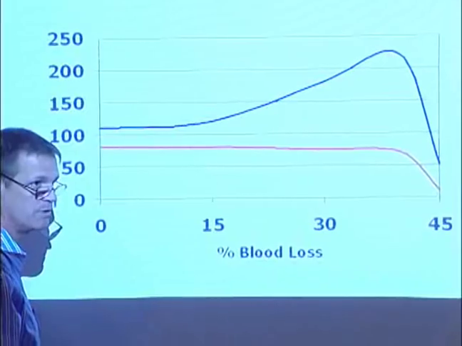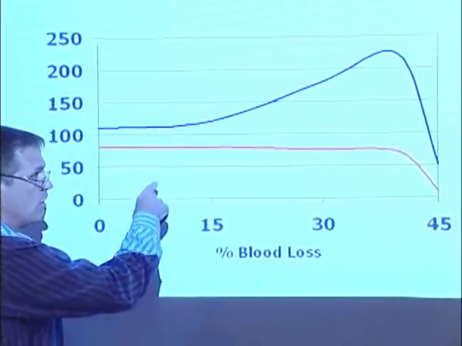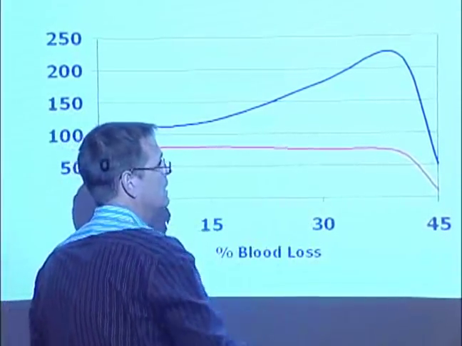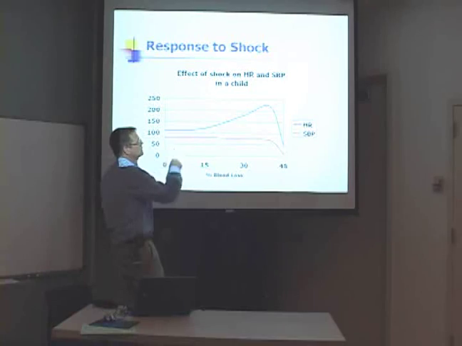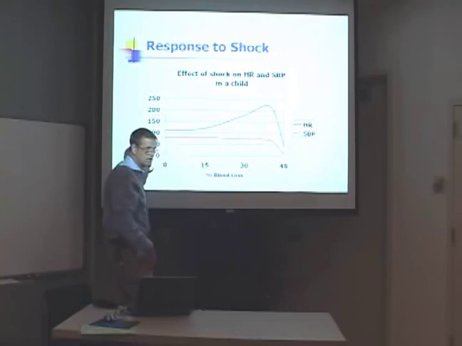Okay, and which is a little bit different than an adult, because what you see in an adult, the blood pressure starts dropping, you get not so much tachycardia. The other thing is in a child, if you have